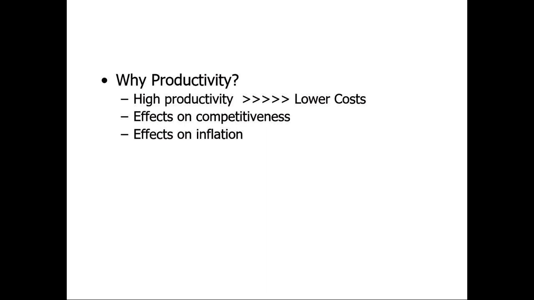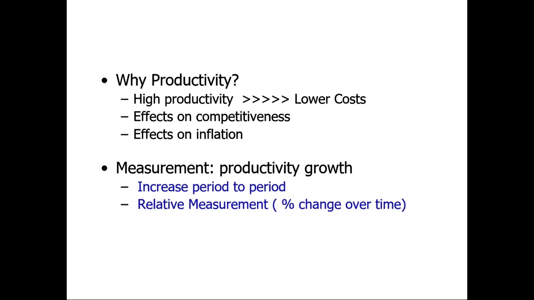And so we'll measure our productivity. Then we'll make those changes in our operation as good operations managers. And then we'll measure productivity again to see if we've actually had an impact on our productivity by making those changes. Measurement of productivity growth. I mentioned this already, period to period. Then you can subtract the most recent period from the prior period, divide that difference by the prior period, and you have your percentage change over time.